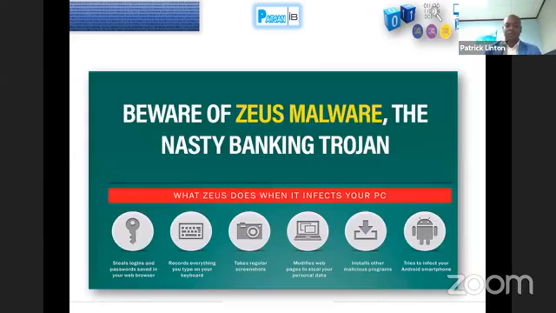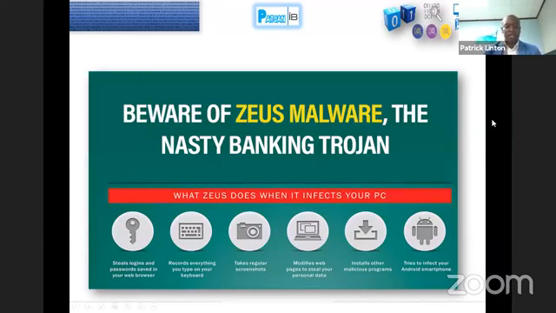All right, so today we want to talk about Zeus. Zeus is one of the greatest crimeware of all times. I don't know if persons in the audience are aware of Zeus. It's adapted from the Greek mythology, that god, and as the name implies, it's mighty. It claimed millions of dollars around the world, even in Jamaica here. I think the last time a gentleman lost like about 120,000 US, like in a second. You get me? So it's not like fictitious or mythological as the name implies, like the Zeus itself.